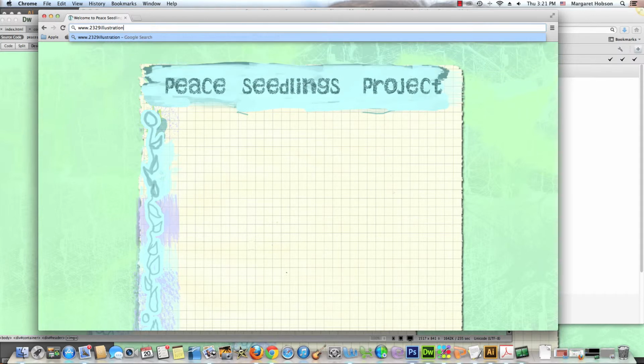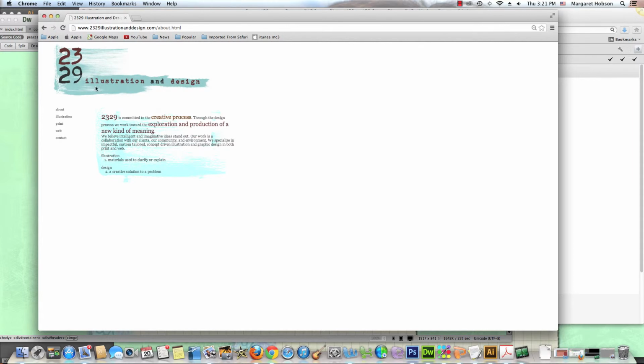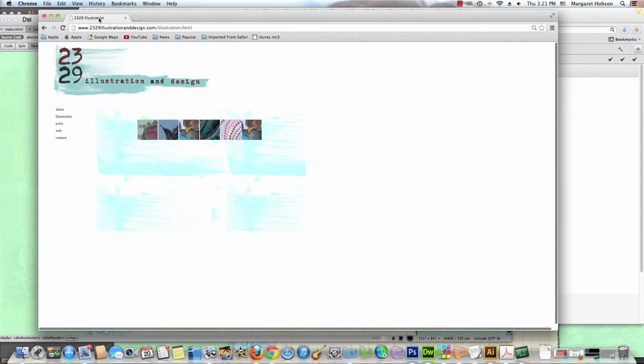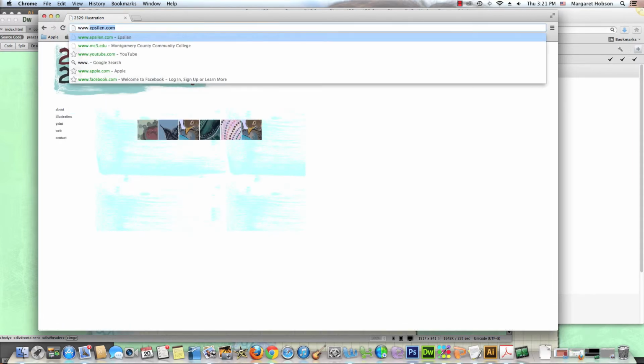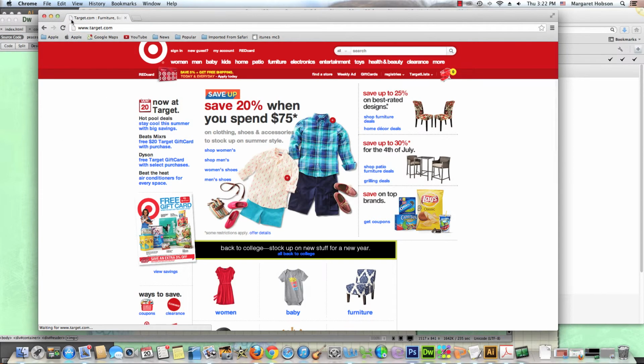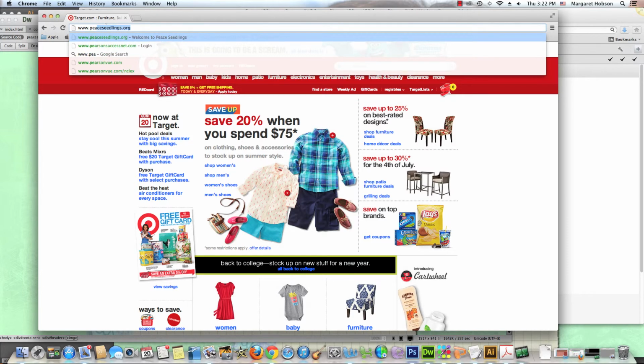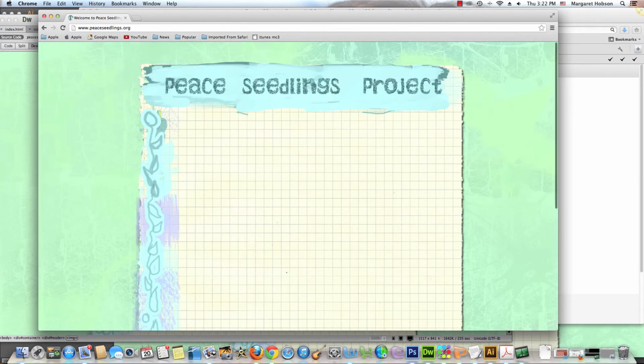illustrationanddesign.com. I think this one reads a little bit better. Oh, and it's not reading today. All right. But there are some that read better than others. For instance, Target's favicon reads beautifully, and maybe it's all that we associate the target with it too. And that's a very simple graphic image. So I might even play around a little bit more with how I designed this so it reads a little